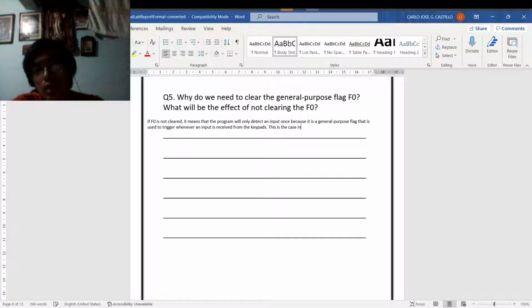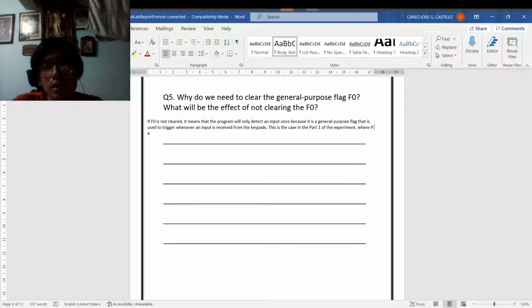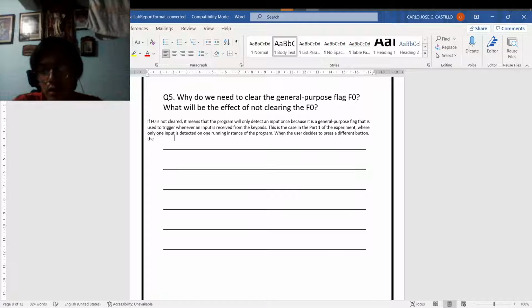This is the case in part 1 of the experiment, where only one input is detected in one running instance of the program. When the user decides to press a different button, the program will not read it and will keep the very first input it received,